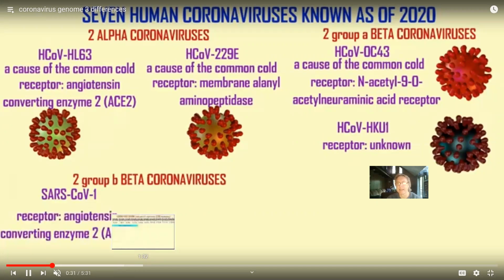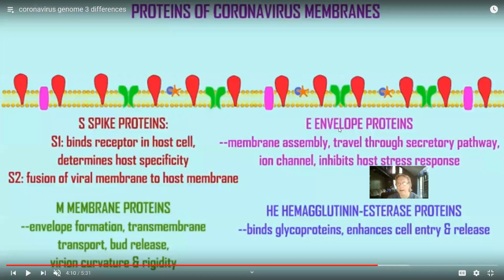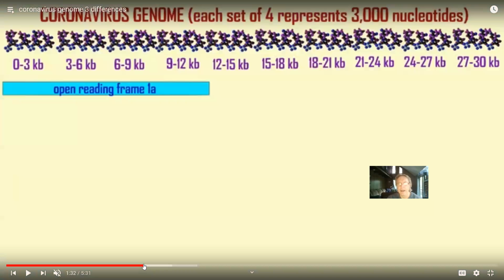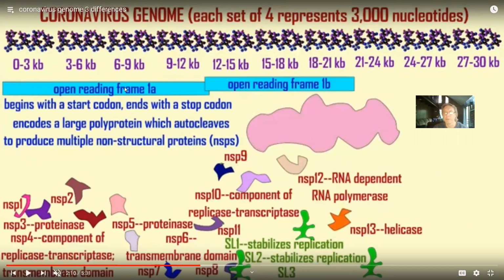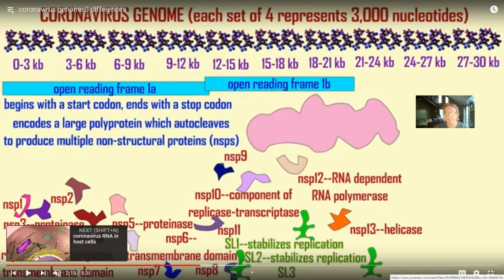And so those last proteins include the spike proteins, the envelope proteins, the M proteins, which will attach the N proteins, and then some variable ones here. The virus then also makes what are called polyproteins out of these first two open reading frames, that one and the next one. So it makes this big protein that then gets cut into a lot of little pieces, and then each of these pieces has a job. So this makes a huge polyprotein, this one makes a huge polyprotein, and they all get cut into pieces.